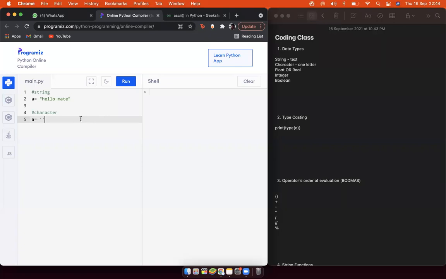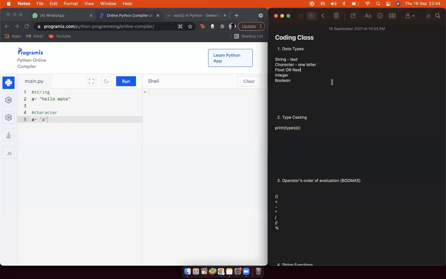Then there is float or real. This would be any real number, any number with decimal points.